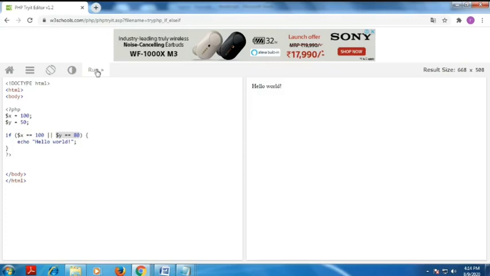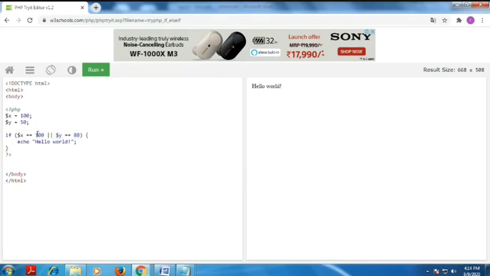What is actually the meaning of or? First, we want to know what the or operator is. Or means both conditions, that is, A is one of the conditions. Here, X is one of the conditions, and Y is one of the conditions. These are two conditions. If both conditions are false, the result is also false. Otherwise, if one condition is true or false, and the other condition is false or true, or both conditions are true, the result is true. That is the meaning of or.